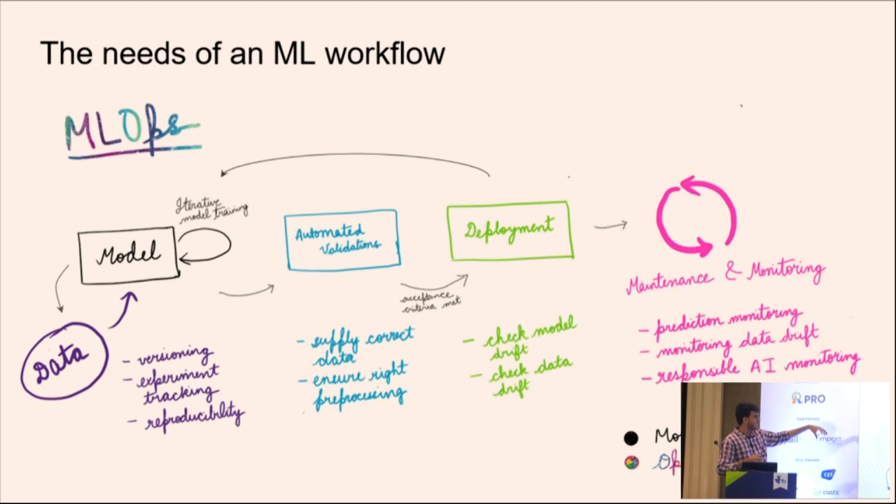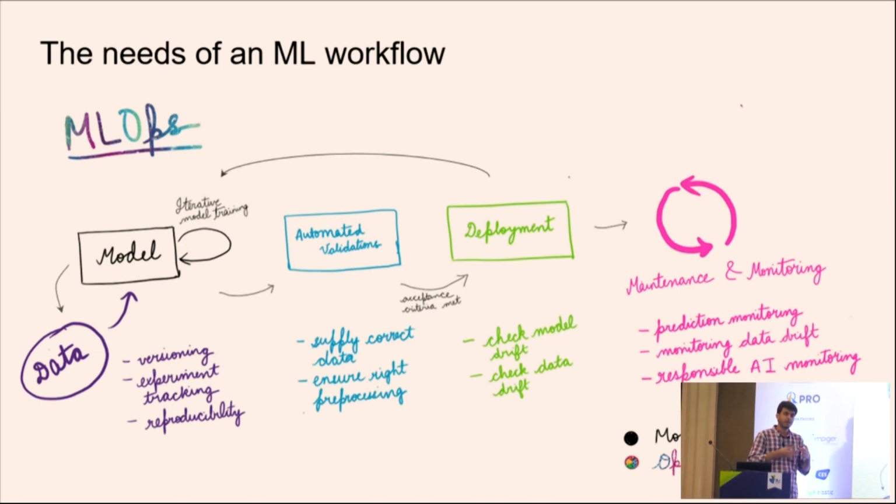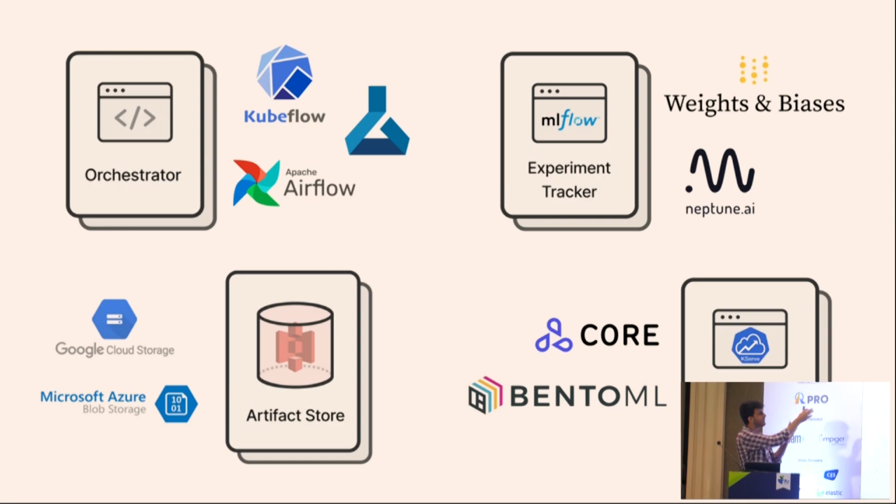And once you understand these different boxes, you can figure out that every tool is part of one of these components. So here I have 4 different components. There are multiple others, but I'm just using 4 as an example. So you have something like an orchestrator, an experiment tracker, a deployer, an artifact store. There can be more, like data validators and all these things. So it really helps to think of these in terms of these boxes.